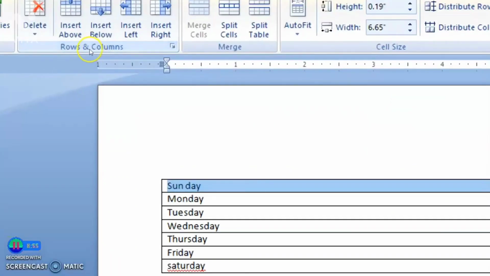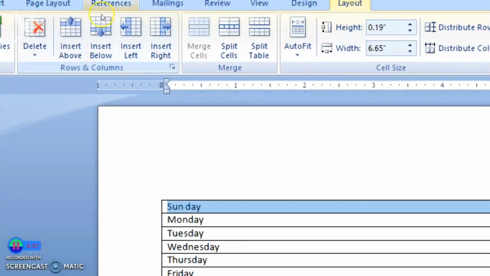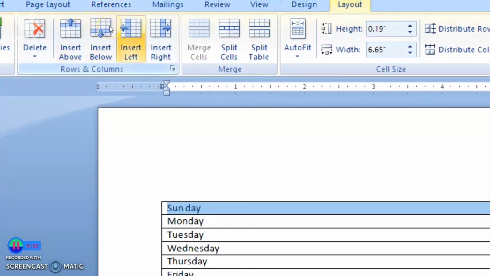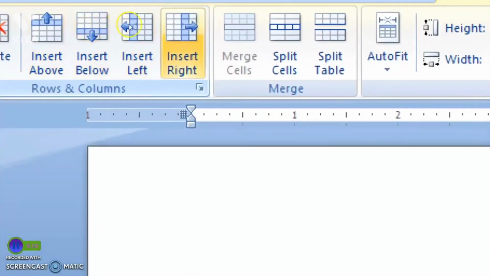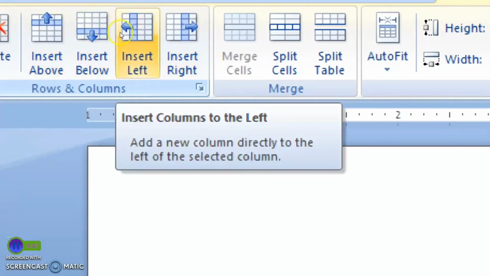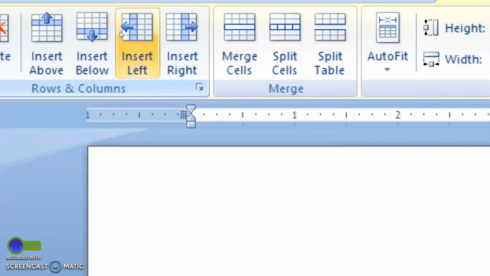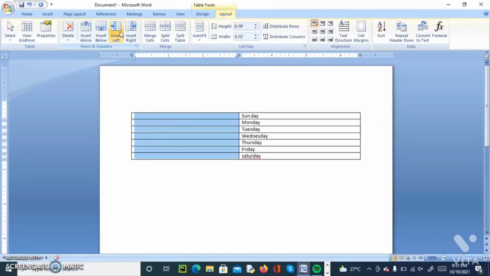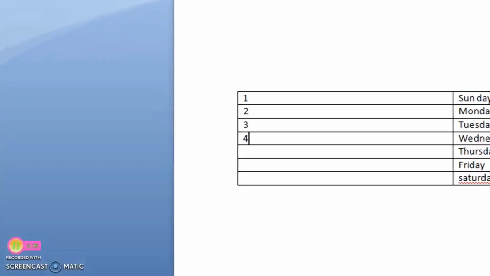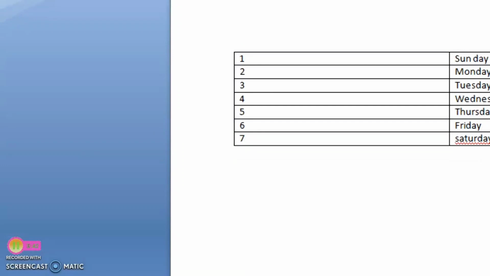First 2 options for adding rows. Next 2 options for inserting columns. The first 2 options from the right are for inserting columns. Step 3. Click on any of these to add the columns to the right or left of the selected cell. Now I click Insert Left. Now you can see the difference on the screen. Now you can see this one, the column is added. Now you can type numbers in this column.